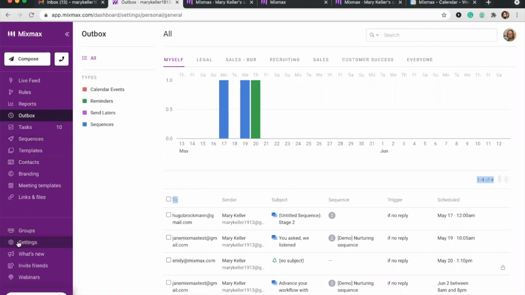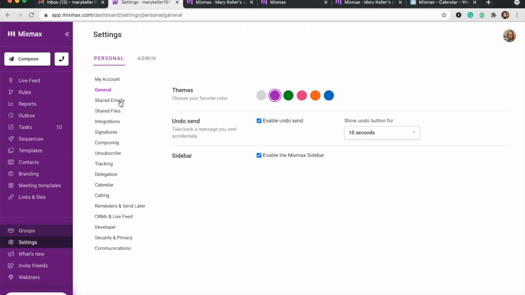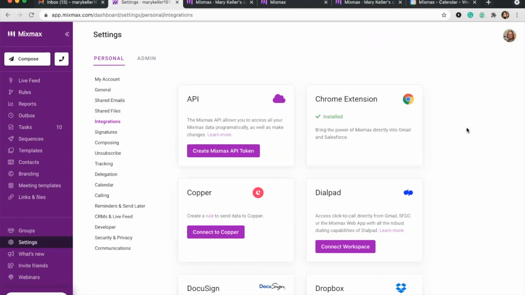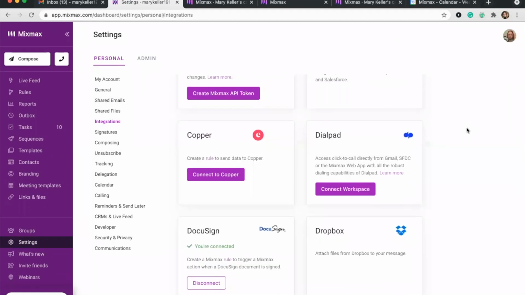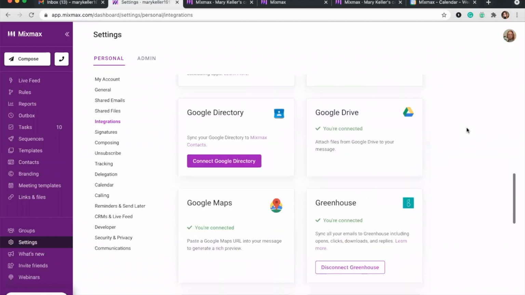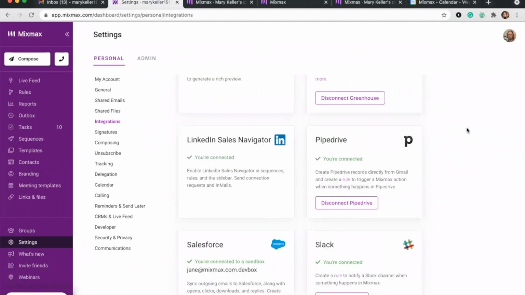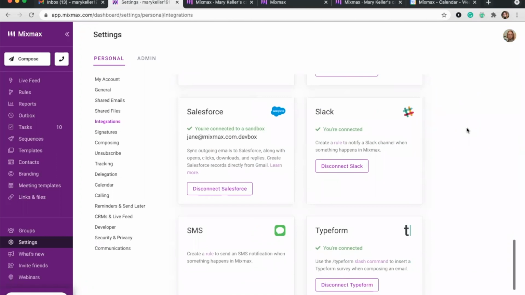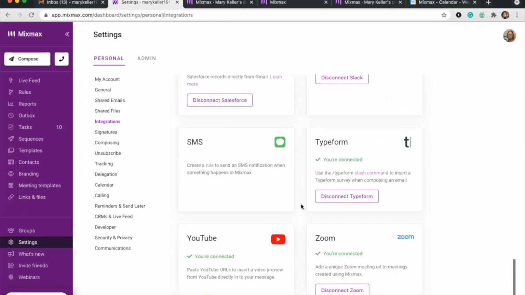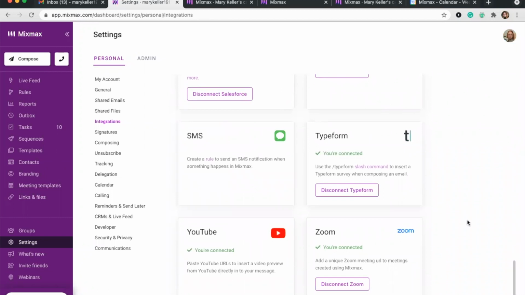The other space I want to show you is under your own personal settings and integrations. This is where you can integrate with all of the third-party services that connect with Mixmax. So you see we have a bunch of integrations here. They may not all apply to you, and you may not use all of the integrations that are available, but you can go ahead and integrate things like Slack and Zoom, and it will give you just a few more